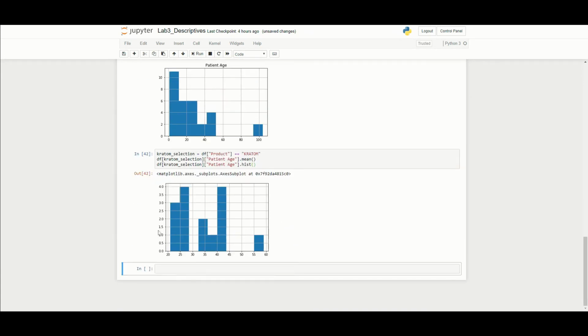Here we go. So as you can see on the histogram, 33 was our mean. It's unclear if there was even a single individual, age 33, that reported an incident with Kratom, right? So we don't have a very good representation at all from that mean of 33 for this particular distribution. So you just have to be careful when you're trying to communicate your data that you don't just look at the means or averages or modes. You really do need to take a look at your underlying distributions to see if the ways you communicate data